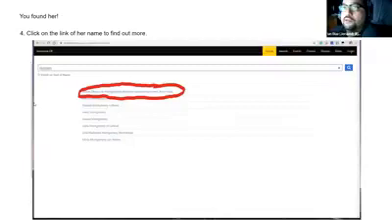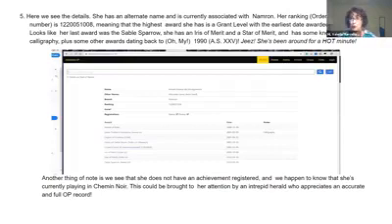Now we can see all the details about that particular person. We can see that she has an alternate name and that she's currently associated with Namron. We can also see her ranking in the order of the march. She has a number of 122051008, meaning that this is the highest award that she has received. So she has a grant level award, with the earliest date awarded as a